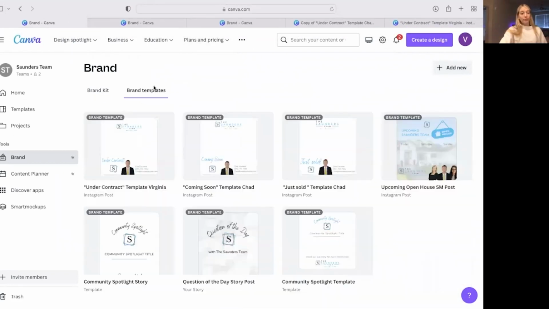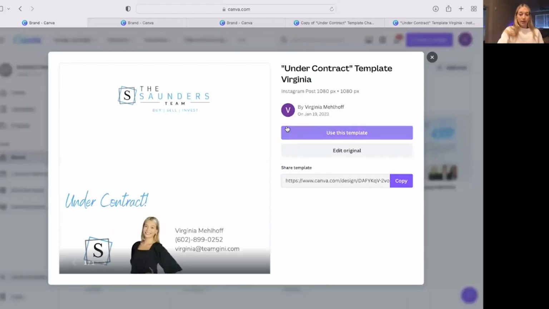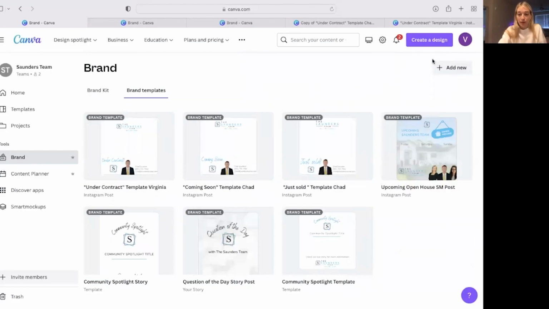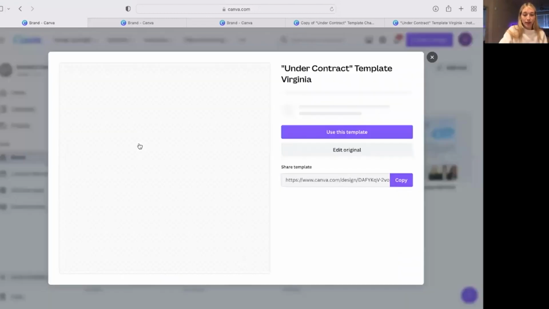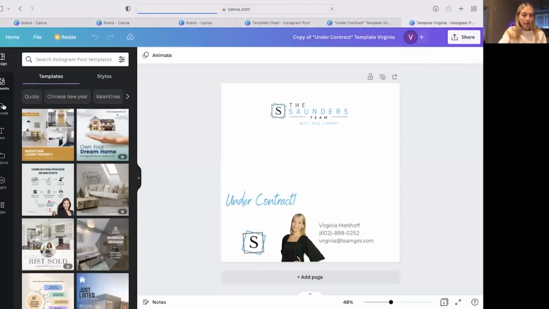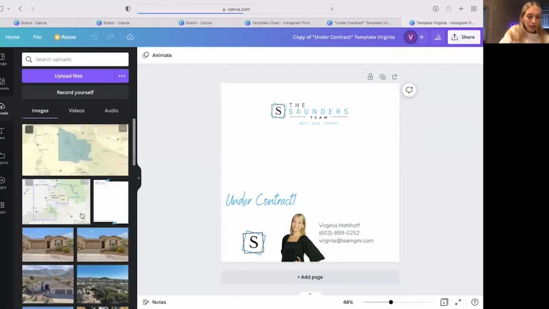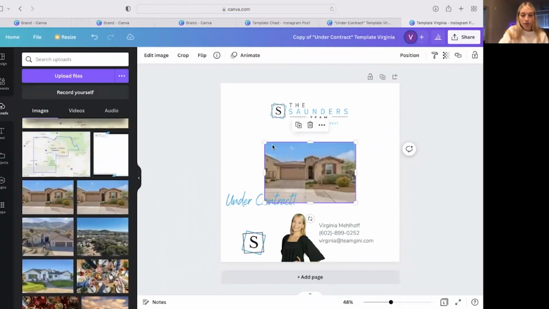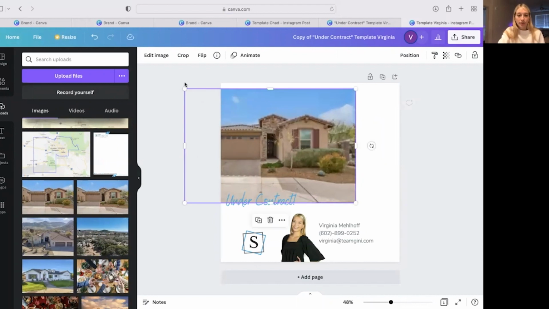Brand templates are great. They're awesome. So once you go into a brand template, to make a brand template, which I will go over a little bit more in Canva 102, you'll add a new one. But once you have those generated, you'll go into them. And if you got a new under contract, you'll just press use this template. Let's say this listing just went under contract. You can then simply